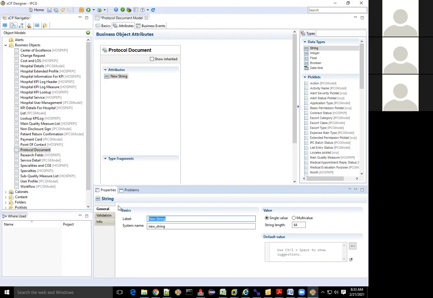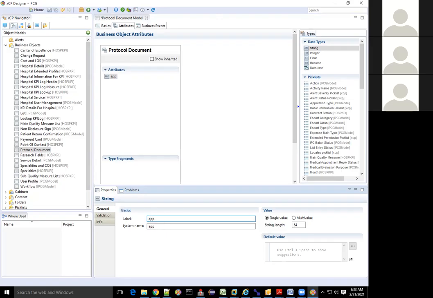Functionally, tell me what could be the attributes for the protocol documents. Functional means approval,